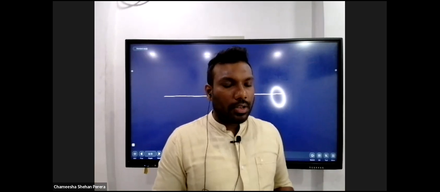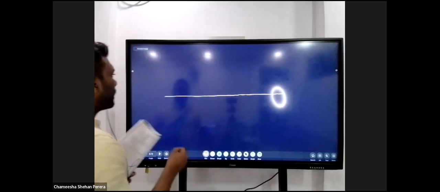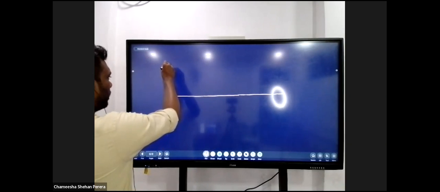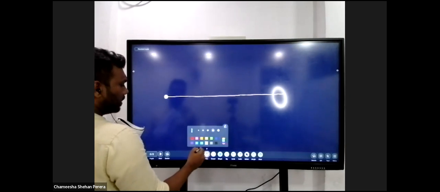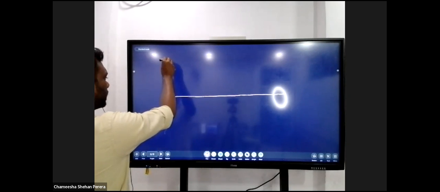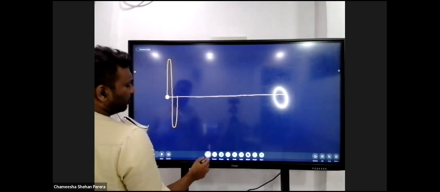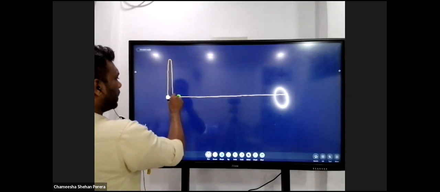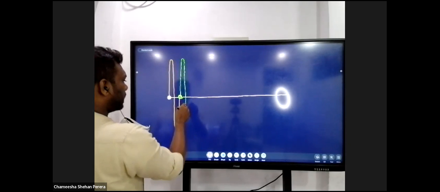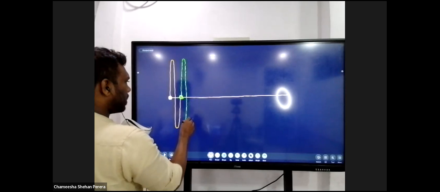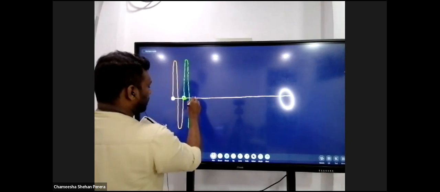This is the general definition. Then you can write like this. Now how do we find the wavelength in a transverse wave? What do we generally do? Like this. There is a particle at the zero displacement position. It moves vertically upwards, goes to the crest, comes back vertically downwards, moves to the trough, and then comes back to the zero displacement position, and hands over the energy to the next particle. The next particle also moves vertically upwards, goes to the maximum height, which is the crest, goes vertically downwards to the maximum down position, the trough, and comes back to rest. And energy is handed over to the next particle. That's what simply happens, right?